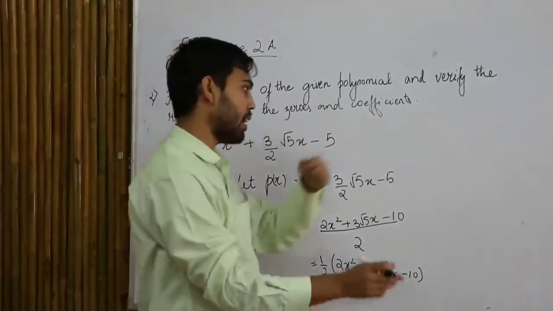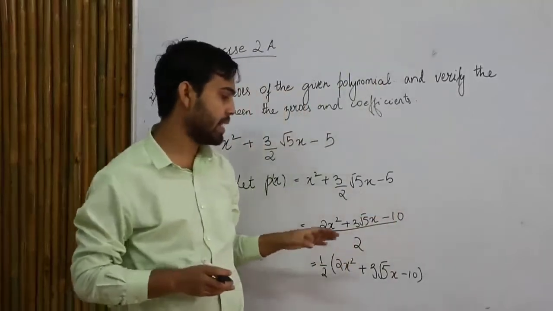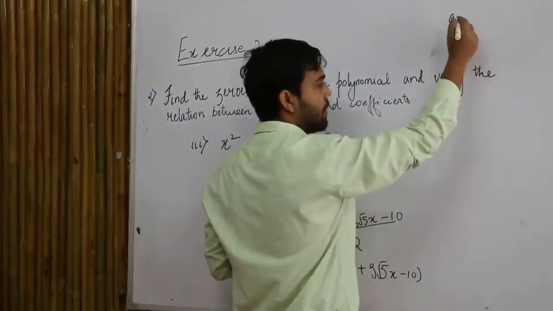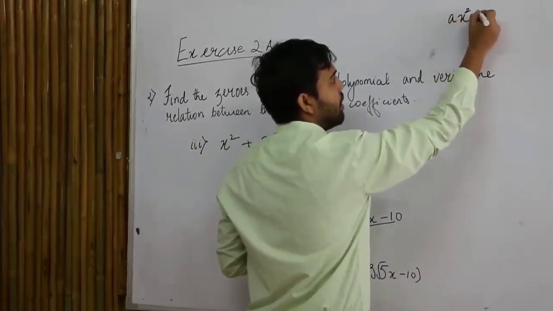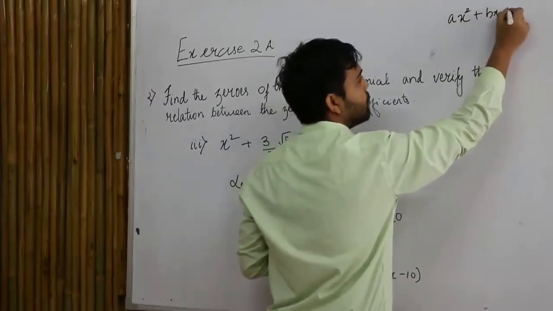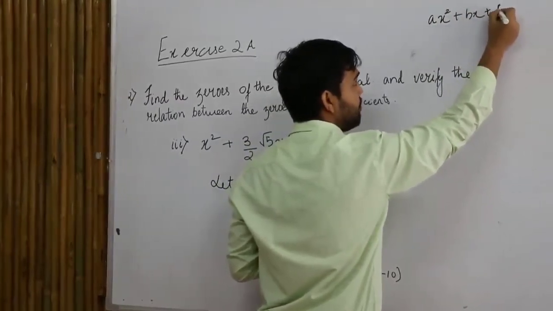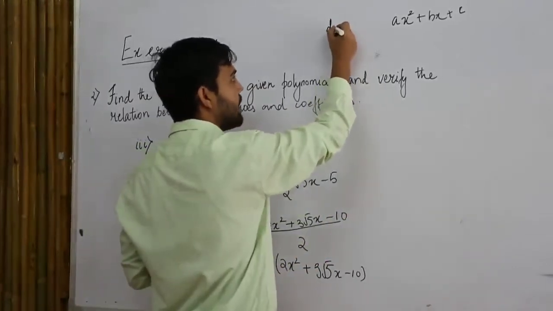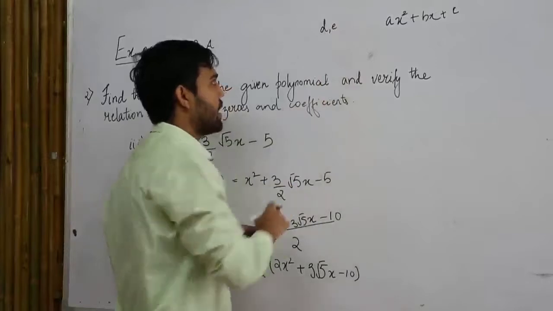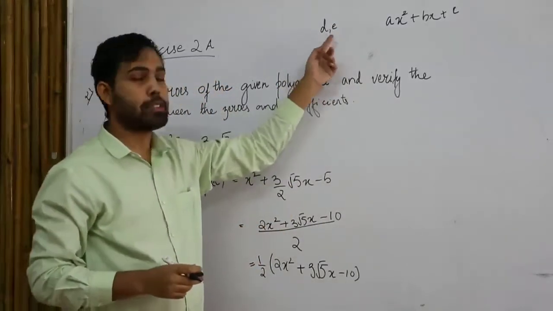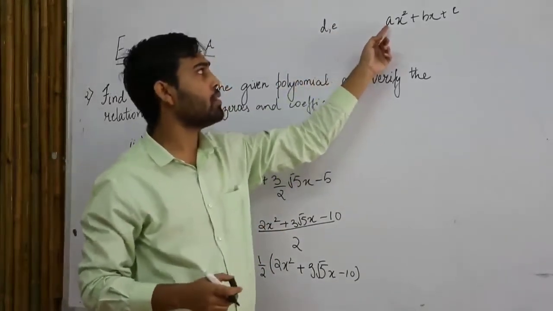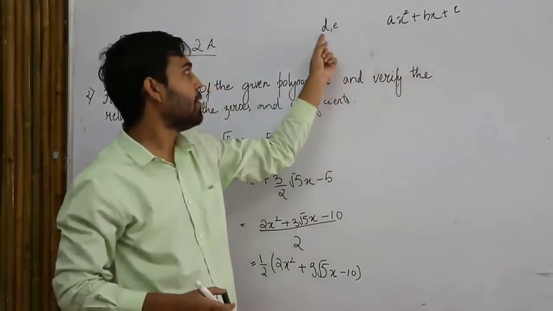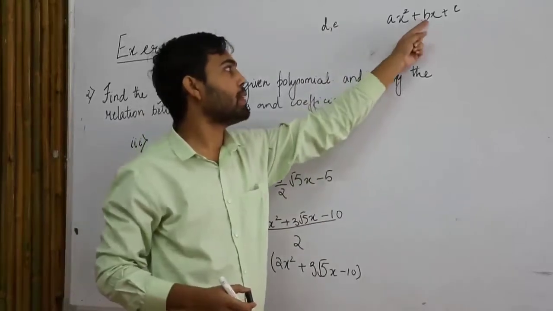So let us now look at how to do middle term factorization in here. Now we know, suppose I have a quadratic equation of this form, how to do middle term factorization? I need to find two values, suppose my values are d and e, such that when I multiply these two values, the product should be equal to the product of the coefficient of x squared and the constant term. And when I add these two terms, it should give me the middle term.